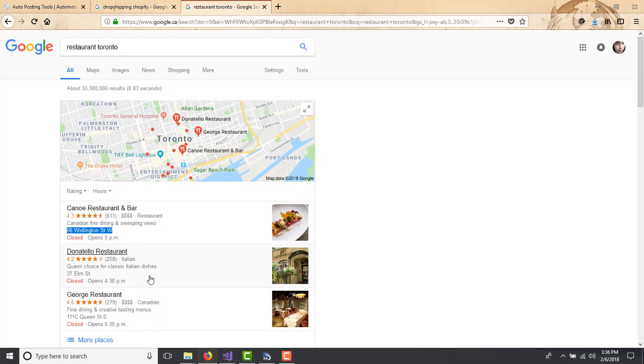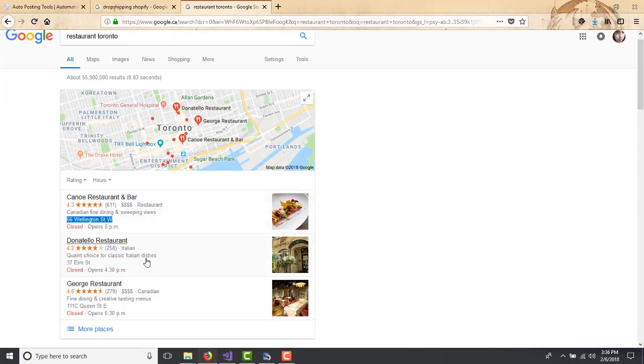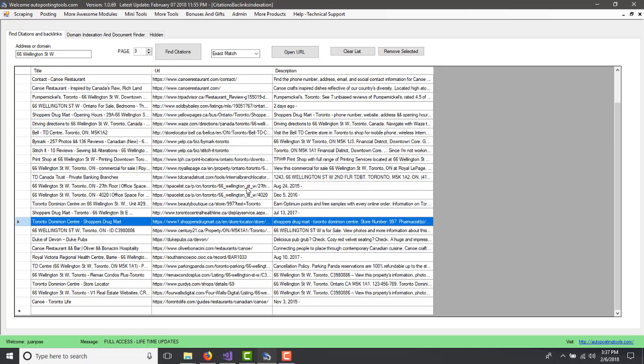This one is kind of tough because they have a few hundred reviews, but if you are able to do it, people will pay you a lot of money to do these kinds of things. So probably you don't do it for these restaurants. You could go to another niche or to a different city. But if you're able to do this, which is very easy, you just have to go to these different sites and sign up. For example, let's go to this one, Yellow Pages, open URL.